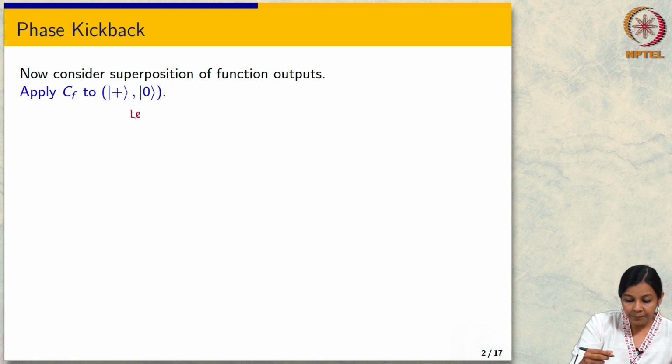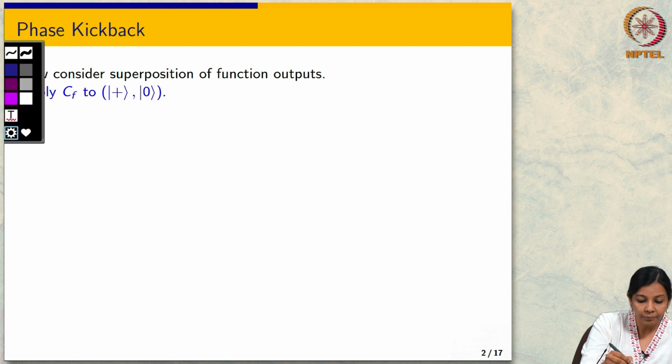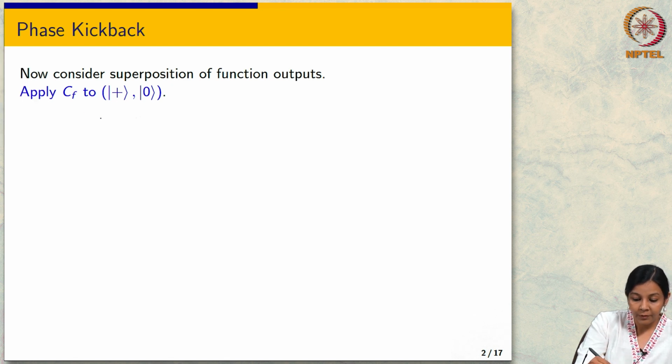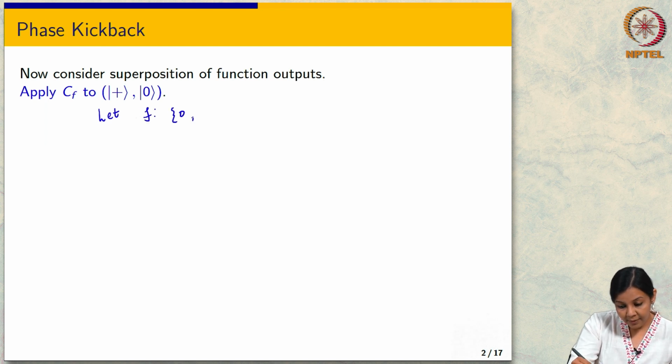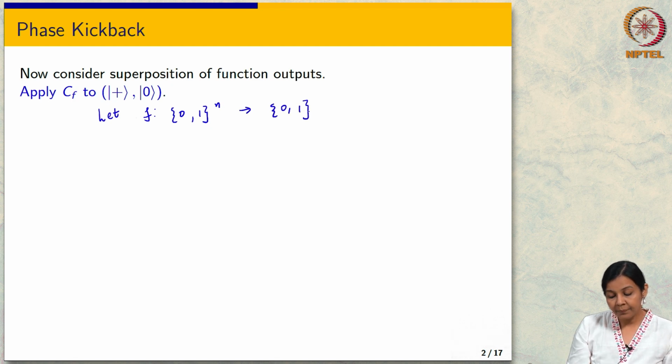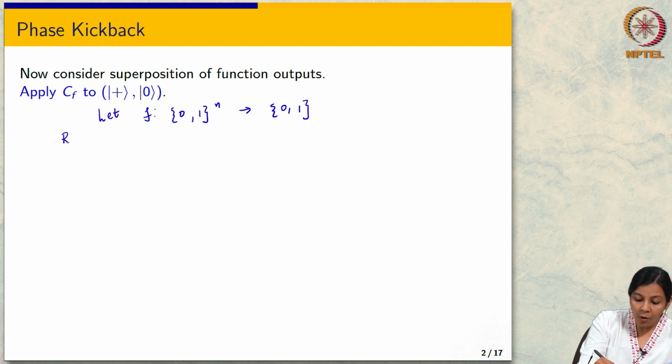So let me think of f as a Boolean function. Let f be a Boolean function, so just one-bit outputs. As I've alluded to before, this is typically good enough. If you have a multi-bit output that you're interested in, then you could just have many functions computing each output bit.